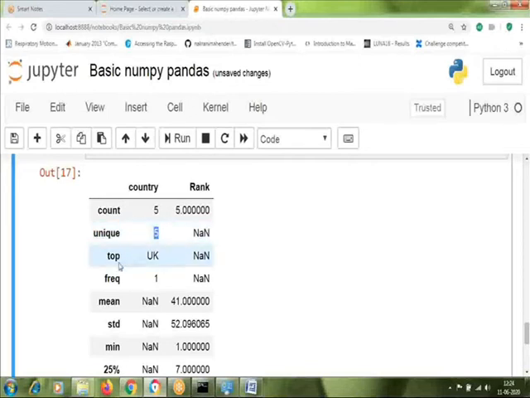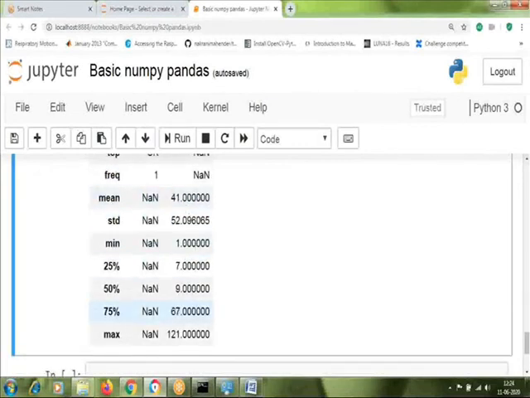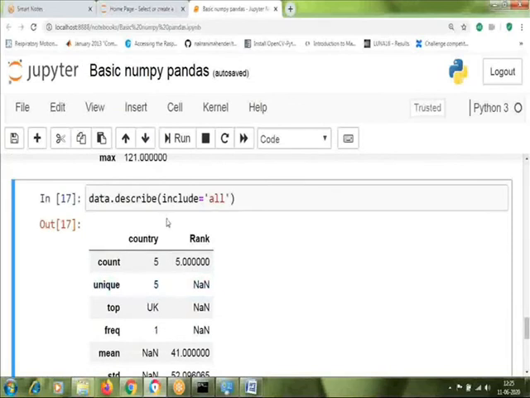It has top and frequency also. Here frequency means each unique value in this particular column appears only one time in that column. Okay, and this non-numerical statistical information is not included in the numerical one, whereas numerical statistics are not included in the non-numerical. So pandas is very important in knowing the statistical information of the data set also.